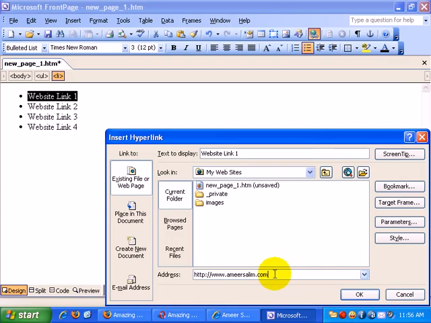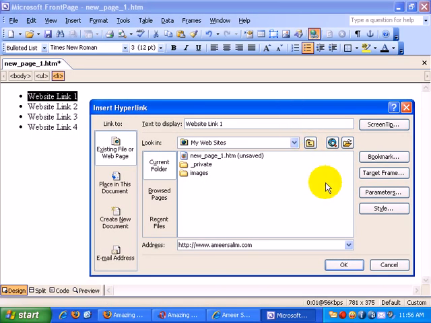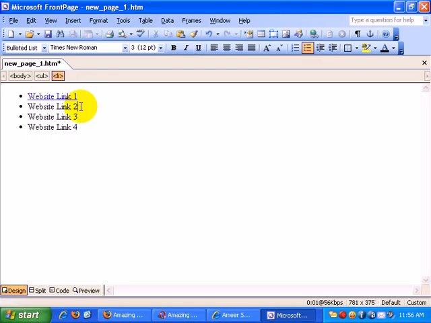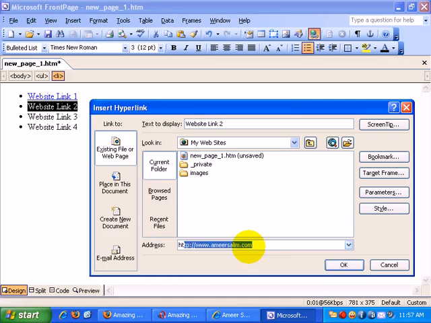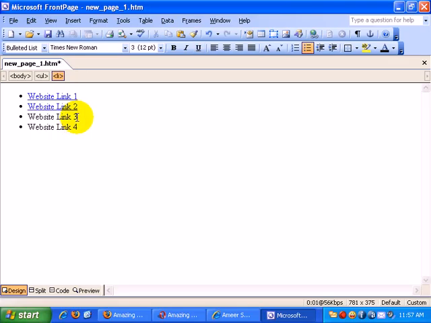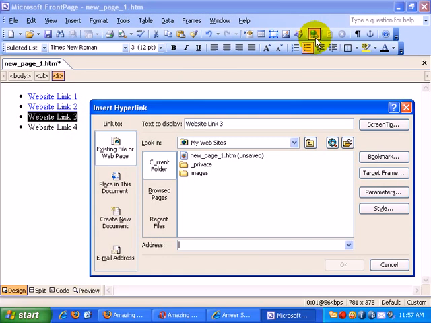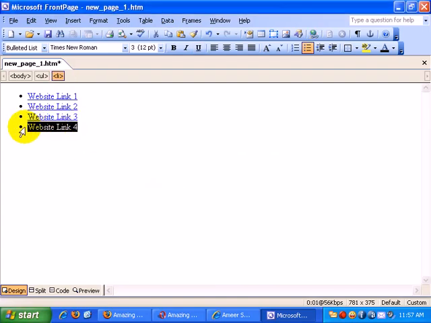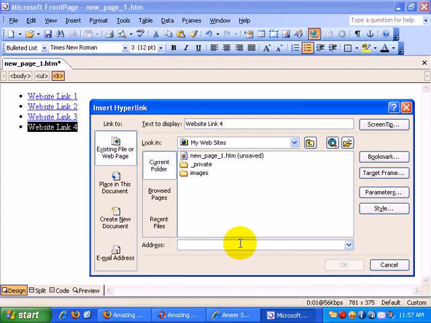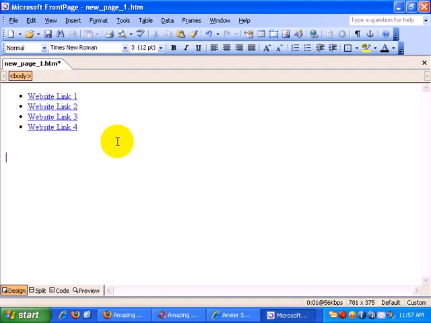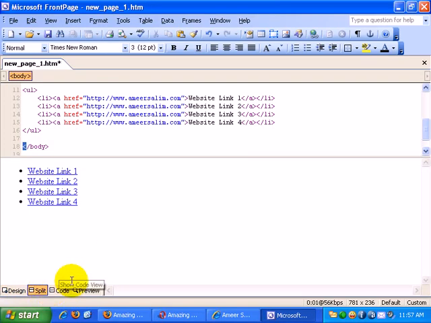For example, this is the URL. Okay, and I'll click OK. Let's do the second one. And the fourth one. Okay, once I have this ready, I will go to the code view or the split code, and you can